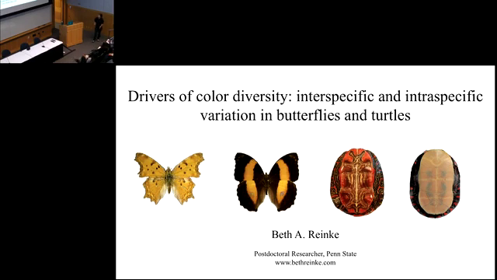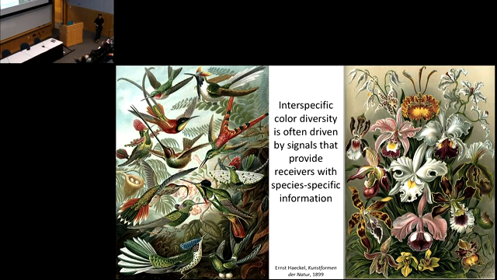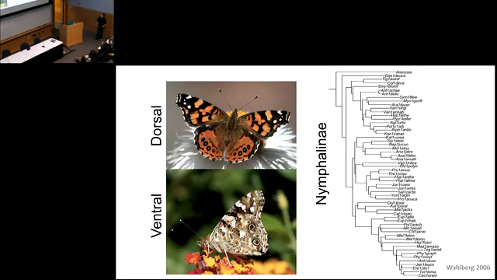So interspecific color diversity, especially when we're talking about colors that are a visual signal, is often driven because it has to provide receivers with species-specific information. So we have these really nice illustrations by Ernst Haeckel of hummingbird signal diversity and orchids. And the system that I wanted to investigate interspecific diversity in is butterflies, and they make a really great model, not only because they're obviously very colorful and most of their body surface is a signal, but also because they make this nice two-dimensional color signal where we can try to tease apart the effects of natural and